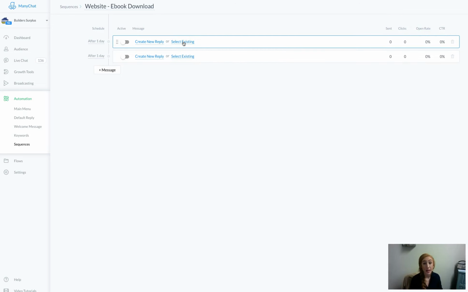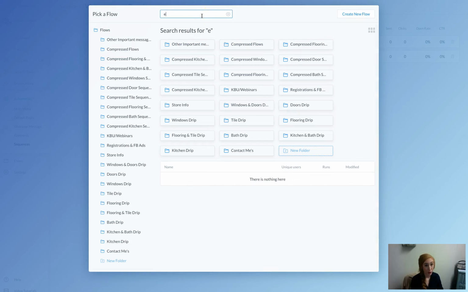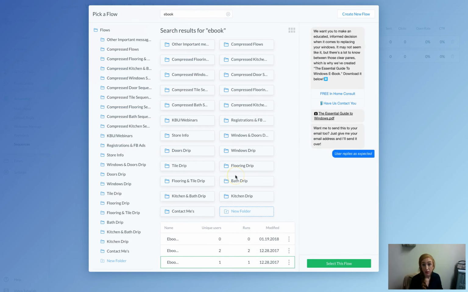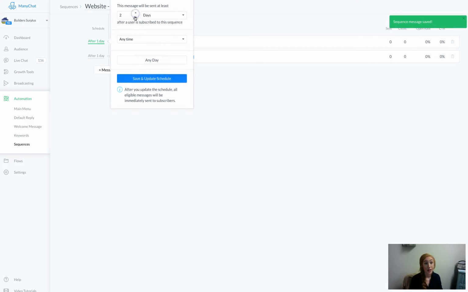The first thing that I'm going to do is select an existing message, because that Windows flow is already created. Okay, so this is it. Since that was already created, I can just select that flow. I'm going to turn it on, and it's going to be sent immediately